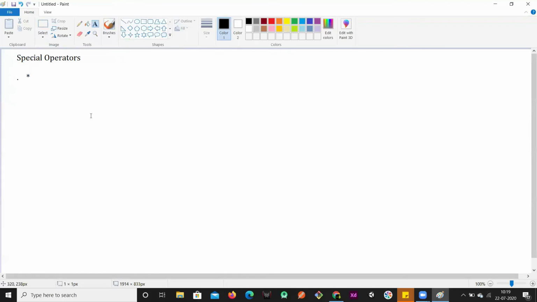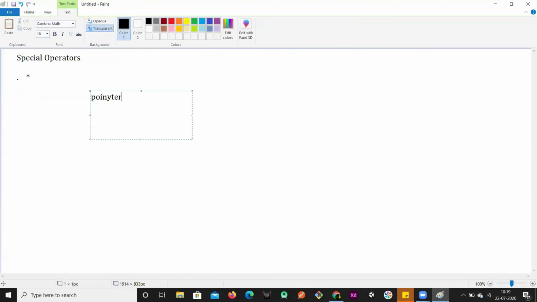We have the concept of pointers in C. In this manner we'll declare the pointer, and the star is used here. The star is to represent pointers. Okay. We have the AND operator. This single AND we'll call the address operator. So this is the address operator. Double AND is the logical operator.